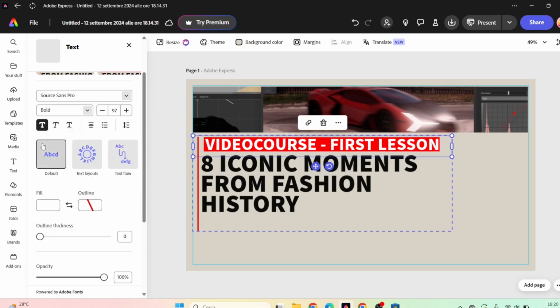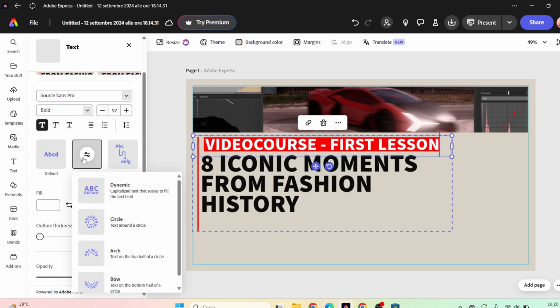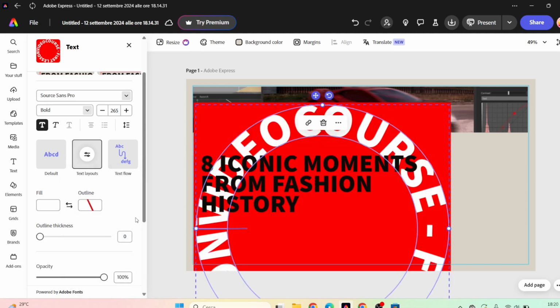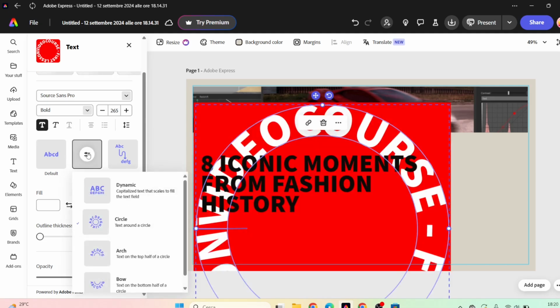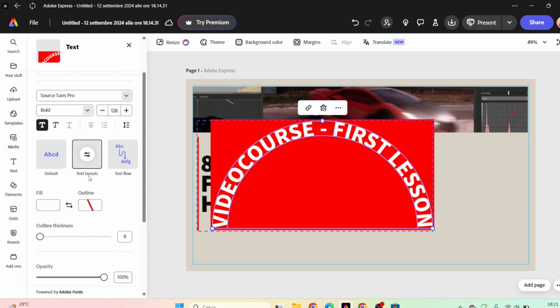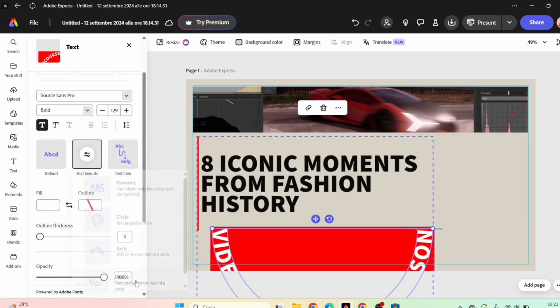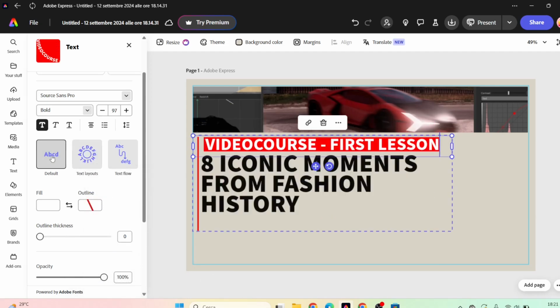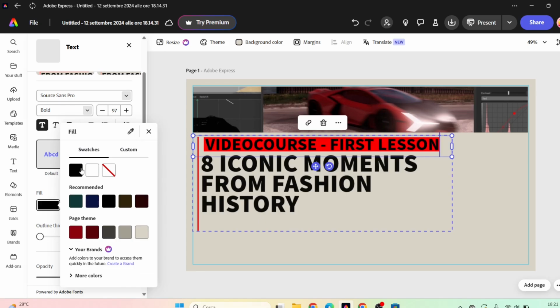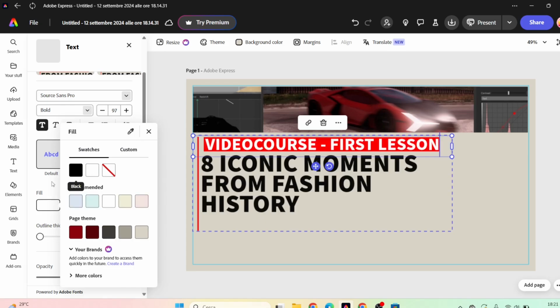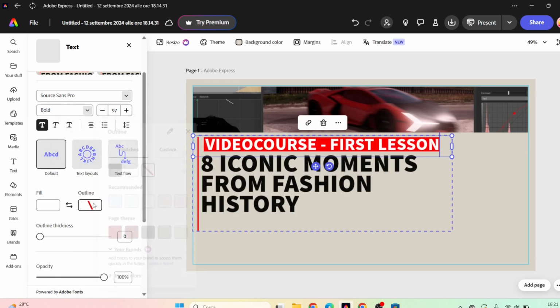Right now the text is on default, but we can also change the layouts. For example, we can choose circle and it will appear like that, arch, bow, and just put it back the way we like it before. Then we can also change the color, just like that, or even the outline,